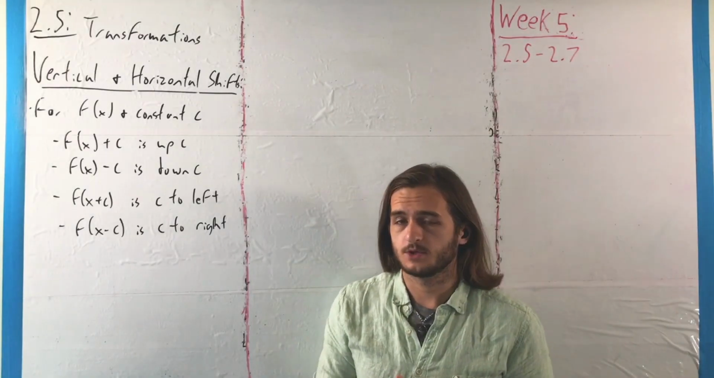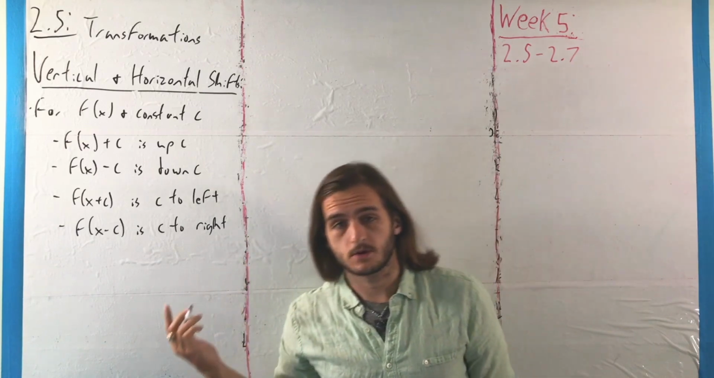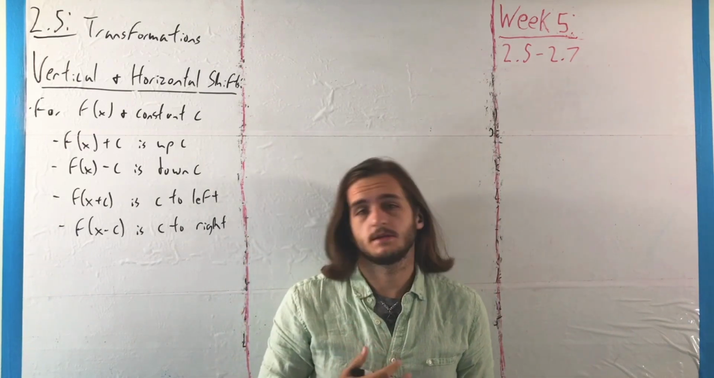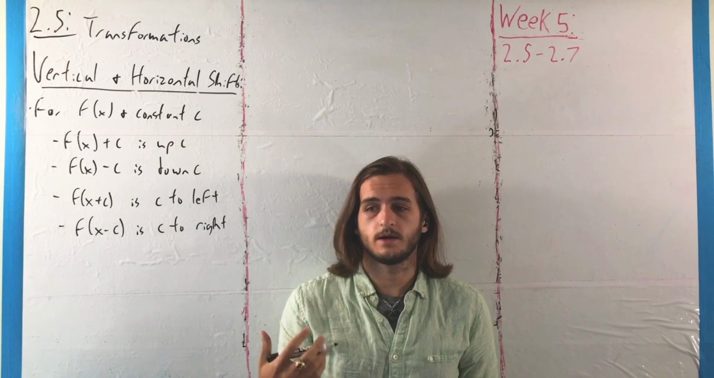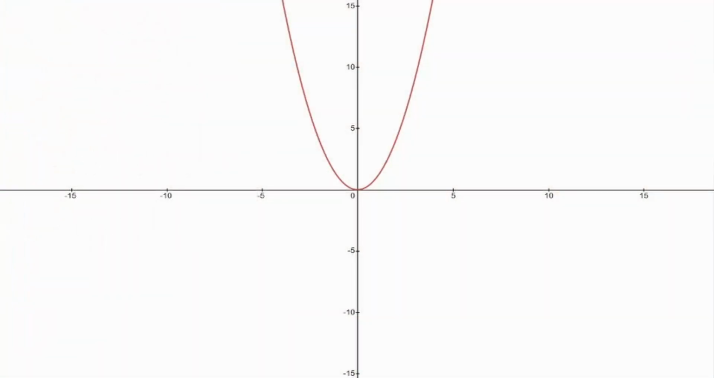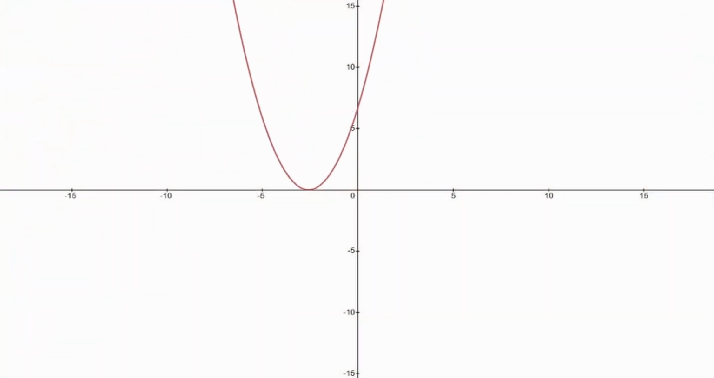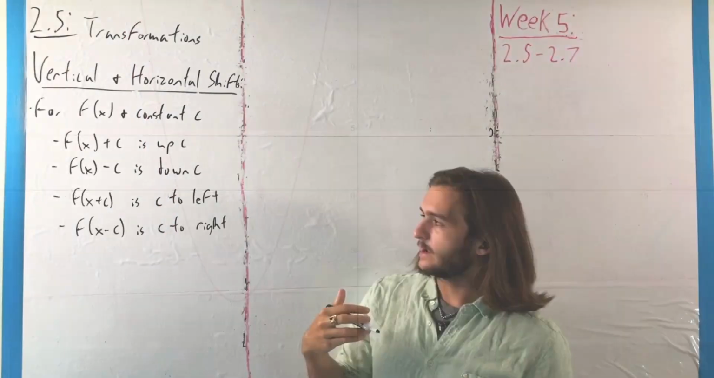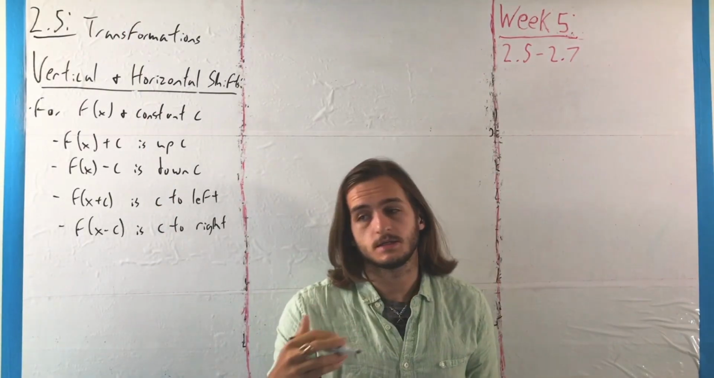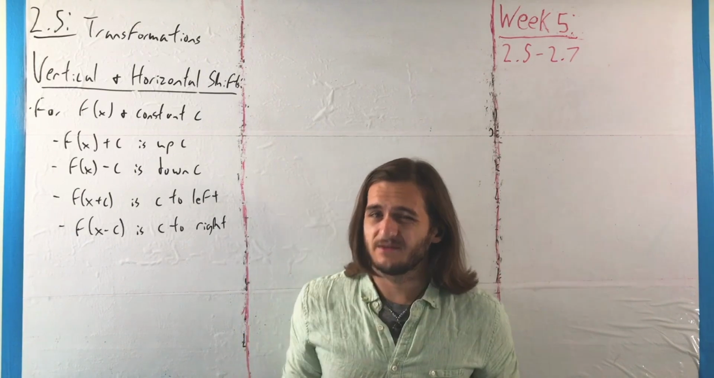The first kinds of transformations we're going to look at here are the simplest ones. They're what are called the shifts, horizontal and vertical shifts. These are ones where our function, our graph, just gets adjusted by pushing it up, down, left, or right, where we have that if you add some constant c to a function outside of it,